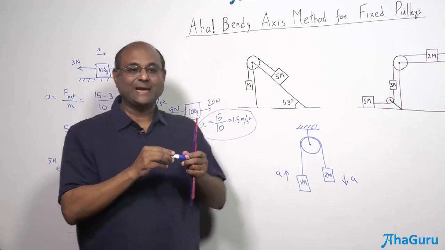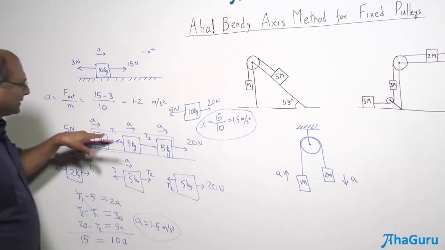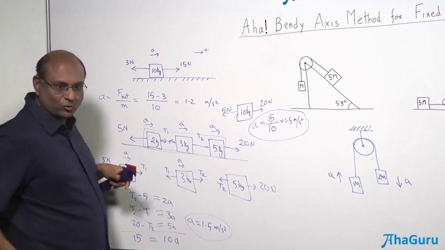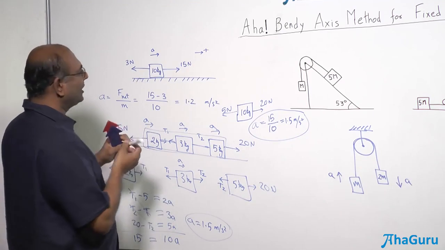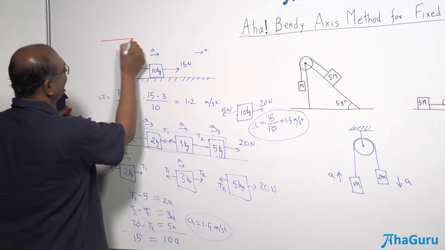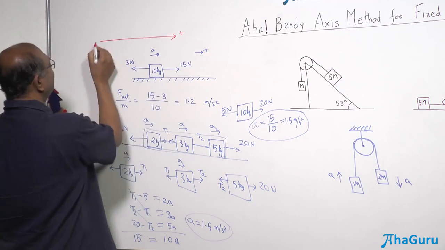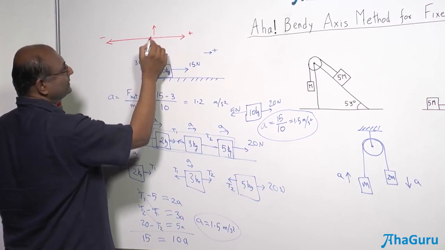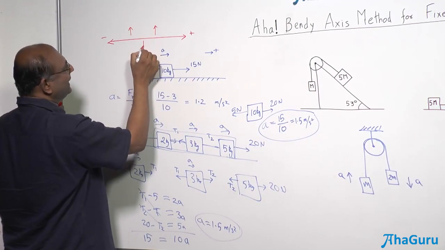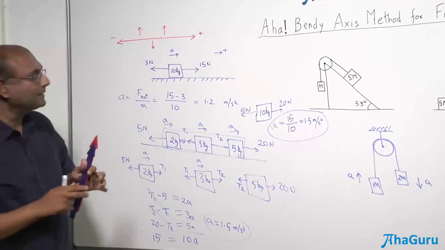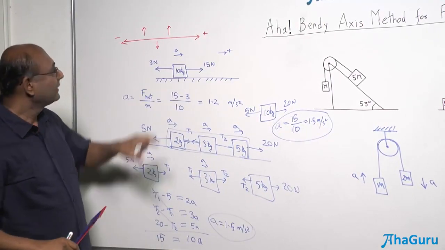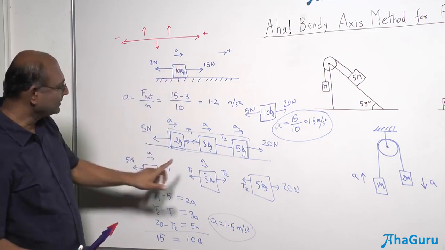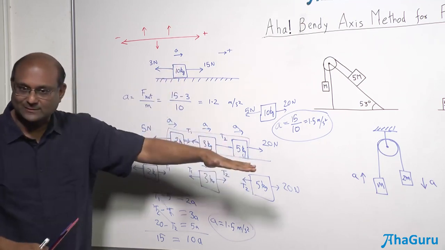So here comes the basic idea. Why did this work? They were moving in the same direction. That's why it worked. Now, the axis that we used, think of a number line. So if I thought of a number line, and let us say this was the axis that I am using, this is the positive direction and that is the negative direction. This is the perpendicular direction. You know that the perpendicular directions do not affect this direction. Any force in this direction, like that's why I ignored mg and n. Because mg and n is not going to make any difference to this.